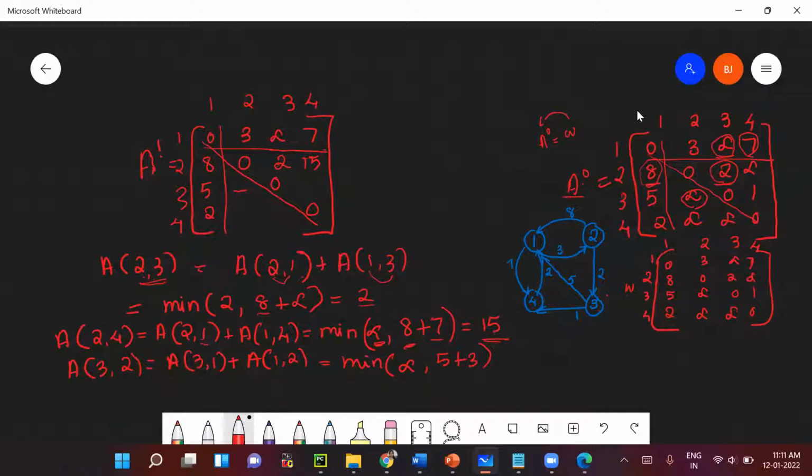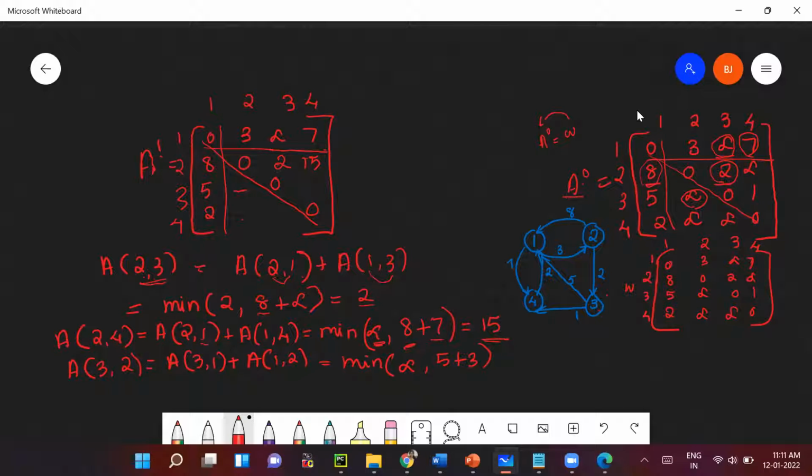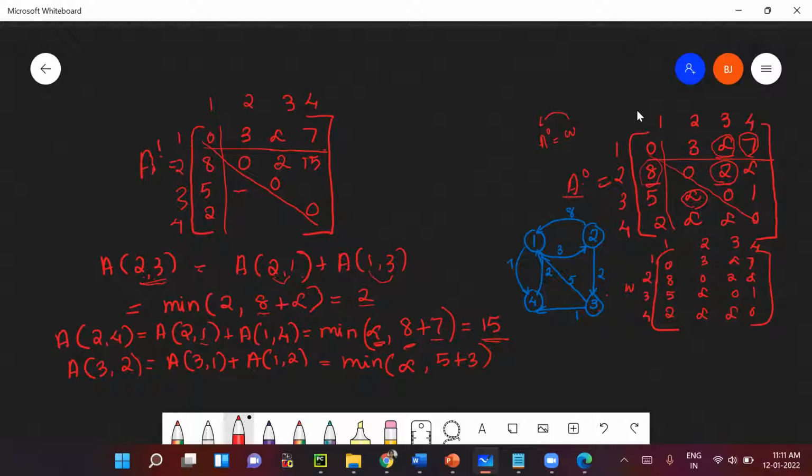Which step should I explain now? Is it clear? Ma'am, can we take the minimum path? No ma'am. Using the graph only we are writing that A of 3 comma 1 plus A of 1 comma 2. How can we reach it? From the graph directly you can write, you are telling. No ma'am, we are writing that equation like A of 3 comma 2. How can we reach 3 to 2? We can use 3 to 1 and 1 to 2, we can reach like that, no ma'am, we are writing.